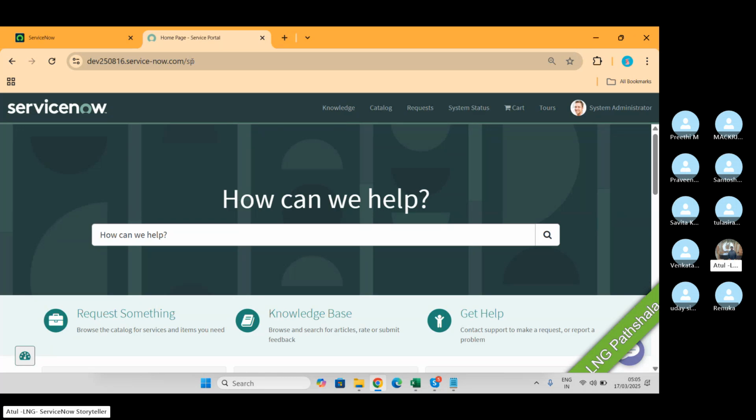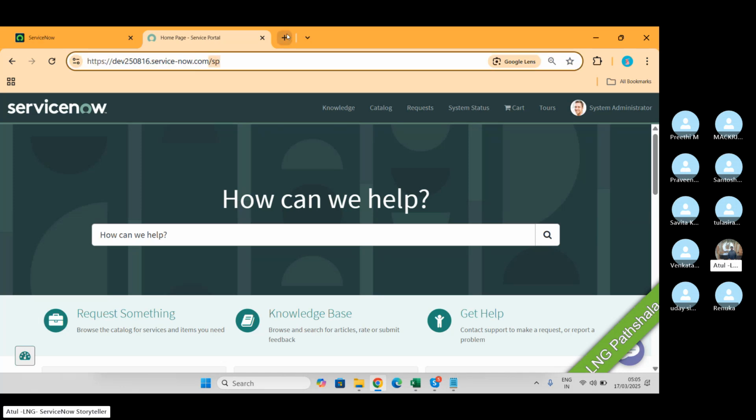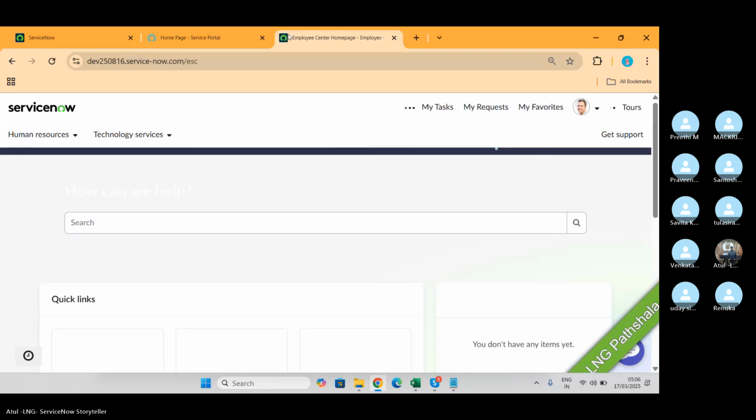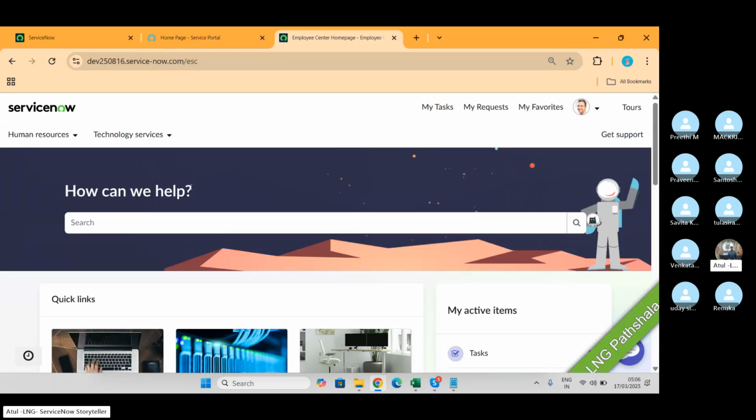Even though ServiceNow is not recommending the use of /sp now, they are recommending /employee service center. They recommend that companies must use the ECS. But again, it depends on what your customer is using at that point in time.